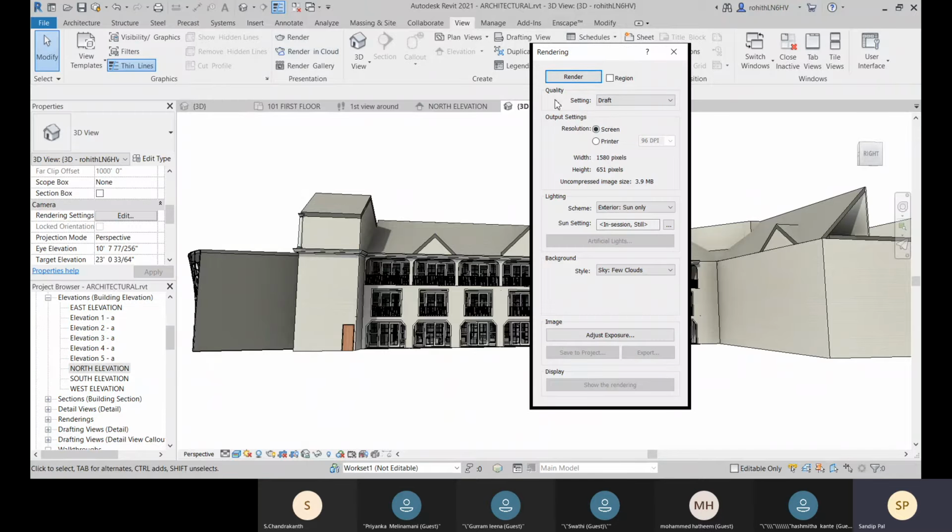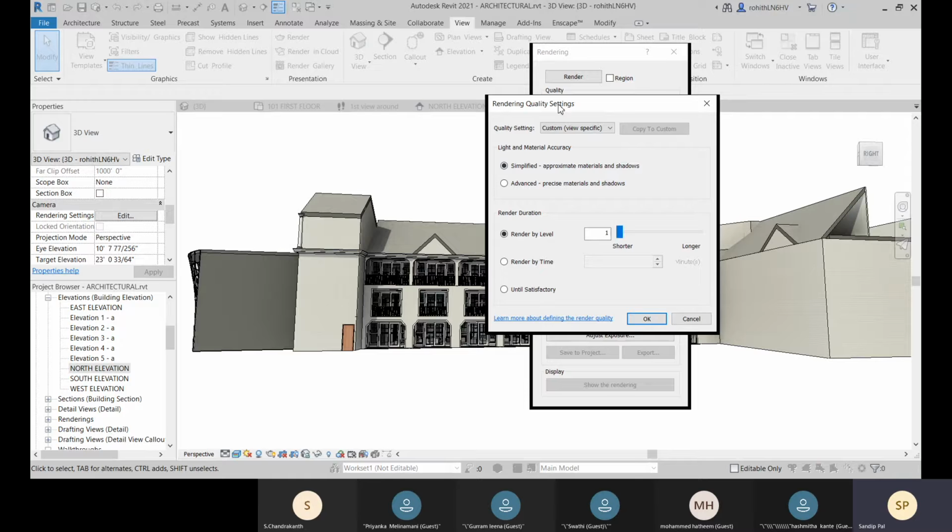And here you see the quality is set as draft. Okay, so that is the low quality of render. You can increase the quality with medium, high, best, and you can customize. So these are, you can say, like a template about your quality. All these settings are done within this medium. So there are already some settings within this medium, so you can go with this custom